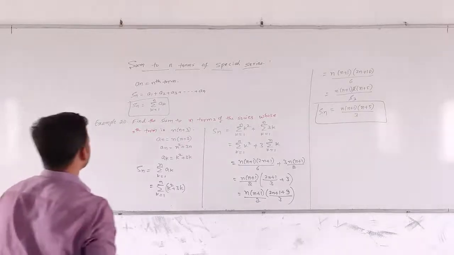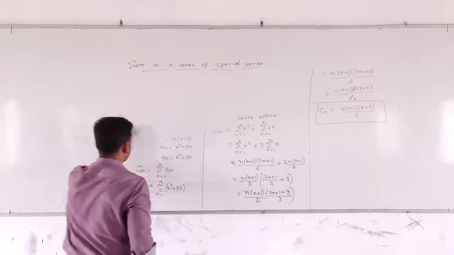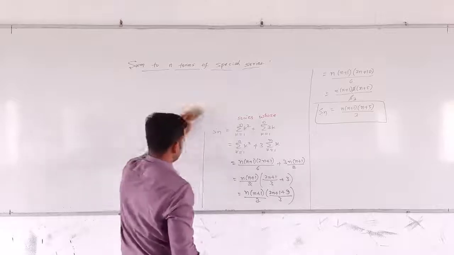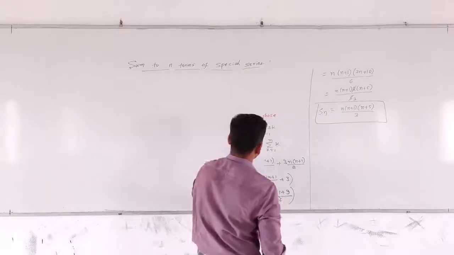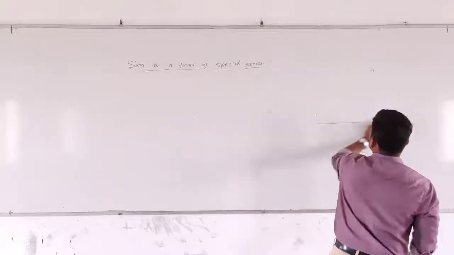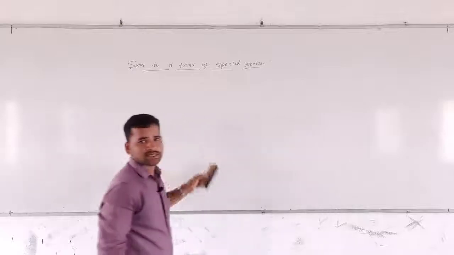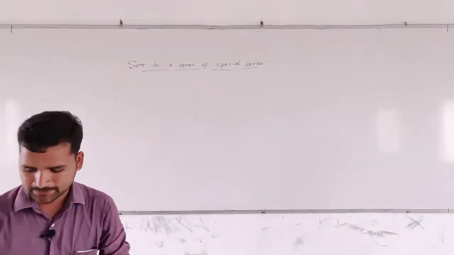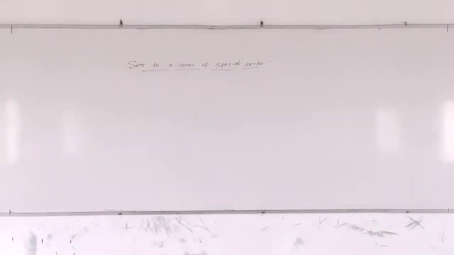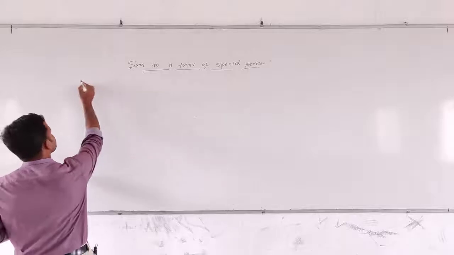This is about example 20 in the NCERT textbook. Now let me take example 19. Example 19 uses a special method to explain a problem on the Sn formula. I took this example 20 first. Example 19 says,